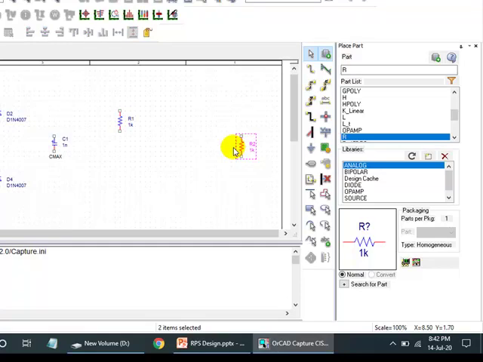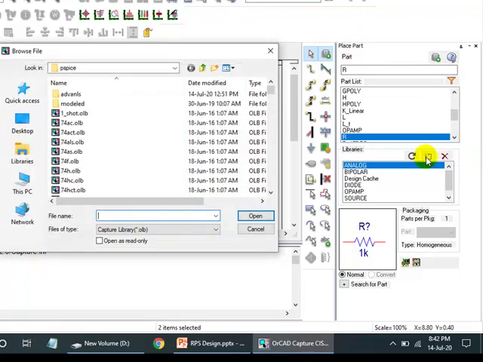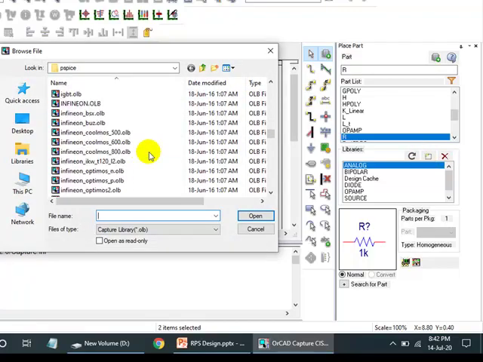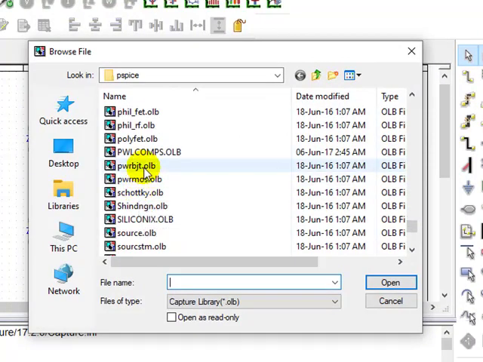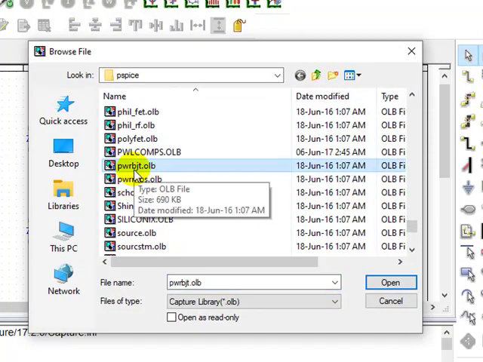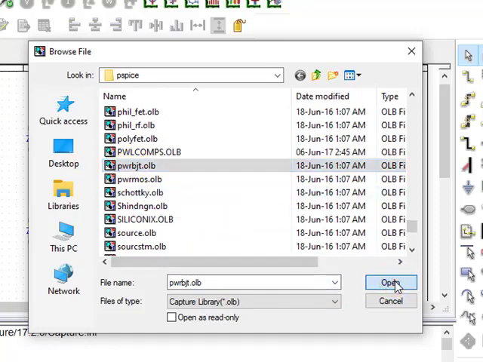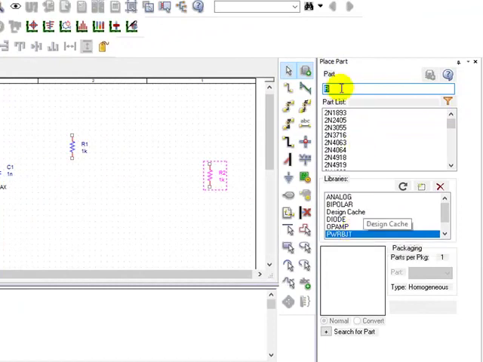Next we shall add a transistor, that is a power transistor. You will have to add power transistor library first. So I'll go to add library and find power BJT, PWR BJT.olb. So click on open, that will be added here.